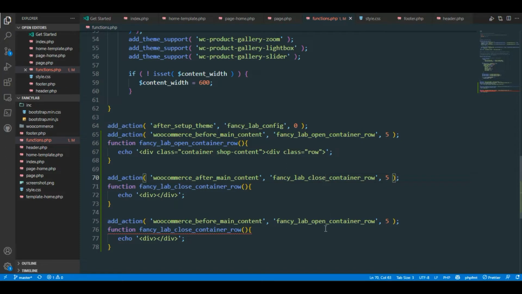Close, before I didn't change this here, and after that in here I'm going to change this WooCommerce before main content, and after that